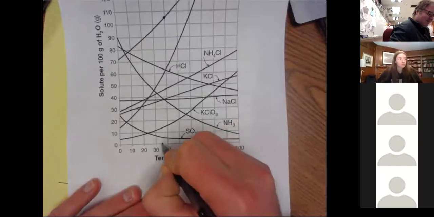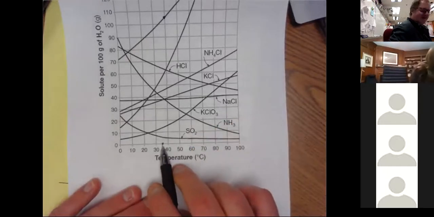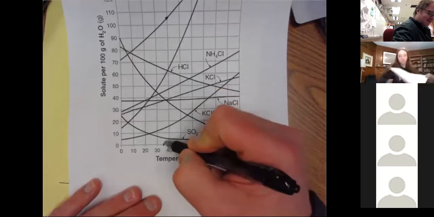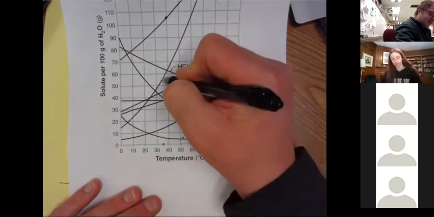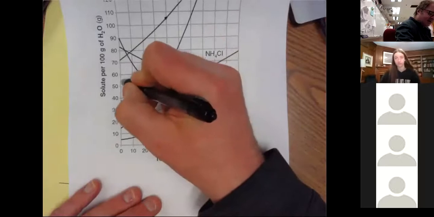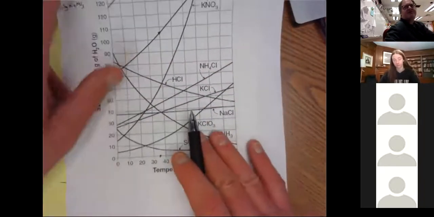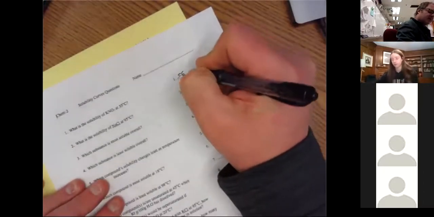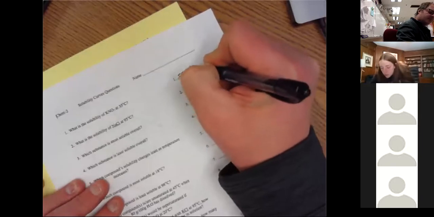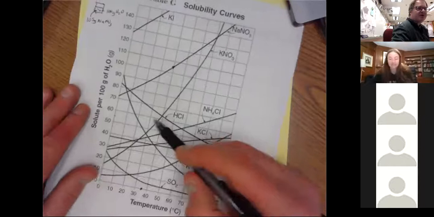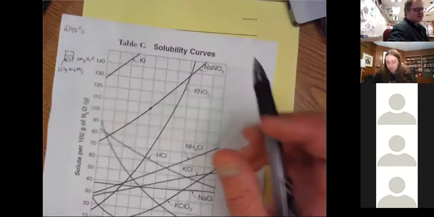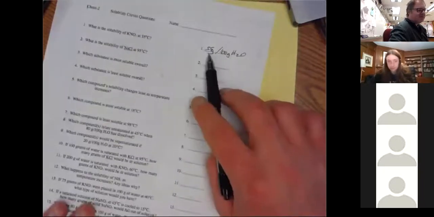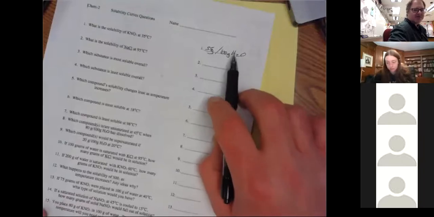Chemistry. My bad. So if we take a look, here's 35 degrees and we want to do potassium nitrate. So we go right there. And that's probably about 55 grams. So the best way to write this would be 55 grams per 100 grams of water, because that's what you're doing. For this, you could just put 55 grams and we'll just understand that this whole graph is per 100 grams